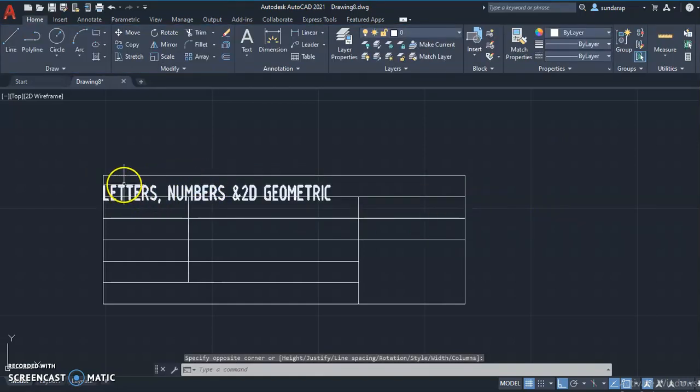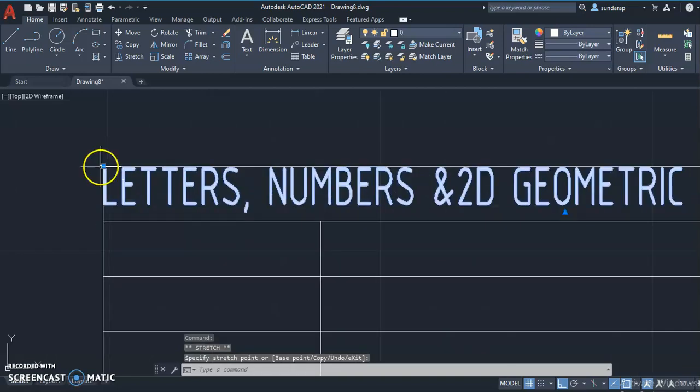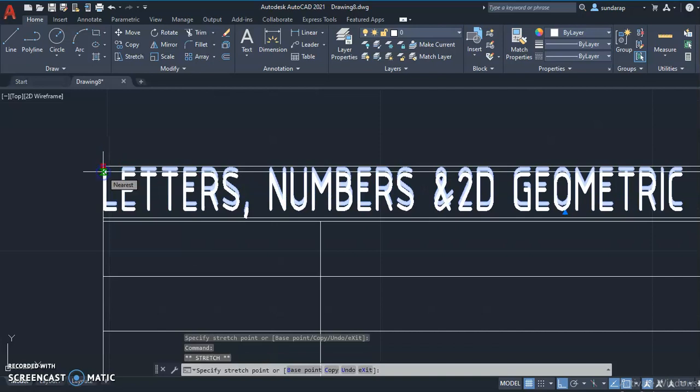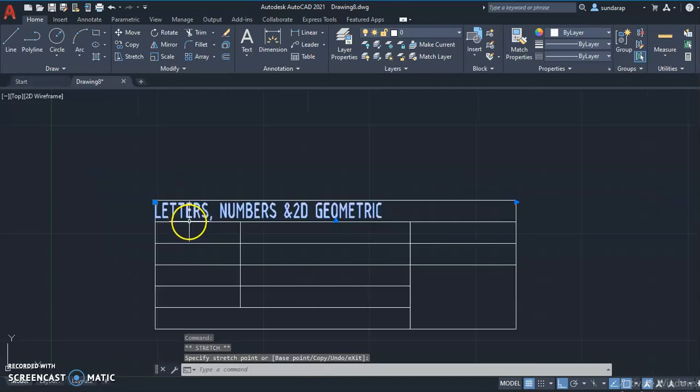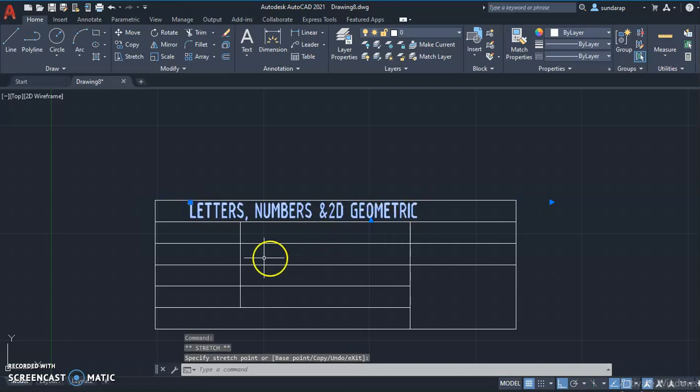So it is not within the space. So select, just move it where you want to keep it. If you want to keep it in the middle, keep it as it is. See here, I want to keep it over here because there is a space of 10 mm. So here I am writing in 7 mm height. Suppose if you want to keep it at the middle, just press and keep it over the middle.